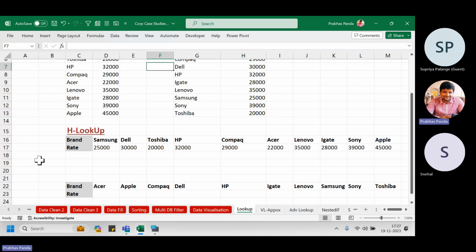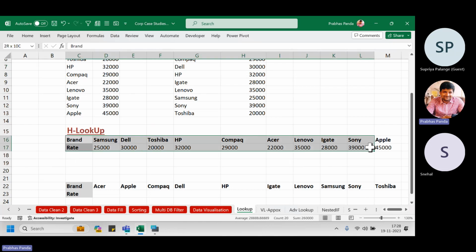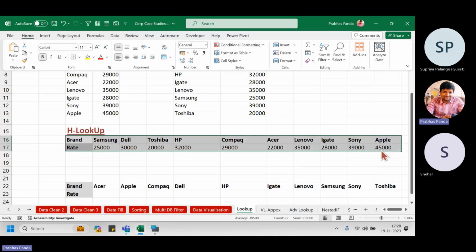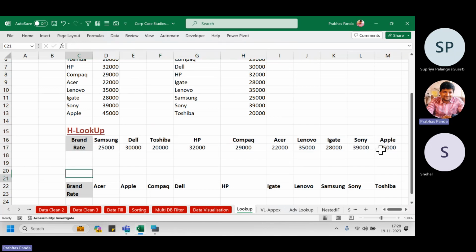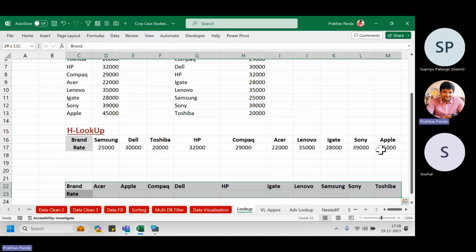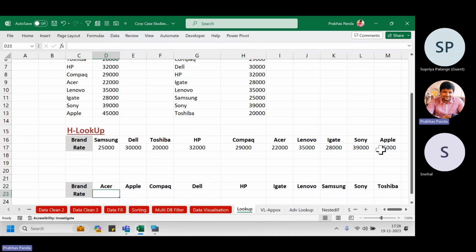वी के बदले एच आएगा, और कॉलम इंडेक्स नंबर की बजाय आएगा रो इंडेक्स नंबर. दिस इज द ओनली चेंज। ठीक है, तो चलिए वही डेटा हमारे पास है, हमारे पास एक कैटलॉग है ब्रांड और रेट के साथ। उसके नीचे सिर्फ ब्रांड्स लगे हुए हैं और हमको रेट्स निकाल के डालना है। ठीक है, तो जैसे कि हमने प्रैक्टिस बनाया हुआ है, पहले एरिया को सिलेक्ट करो,